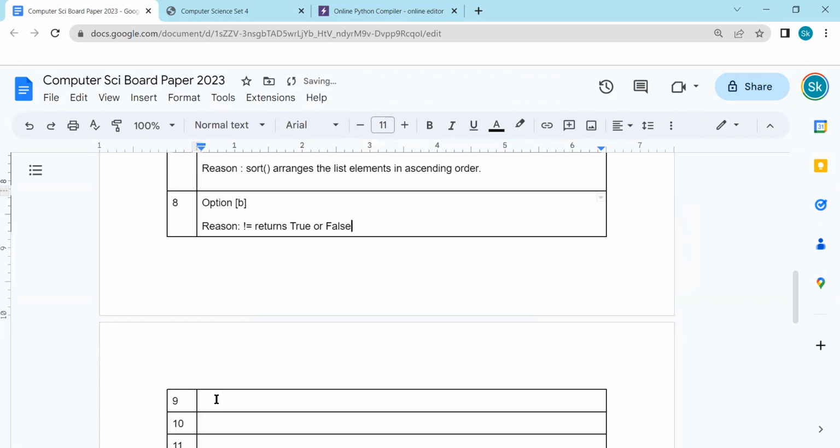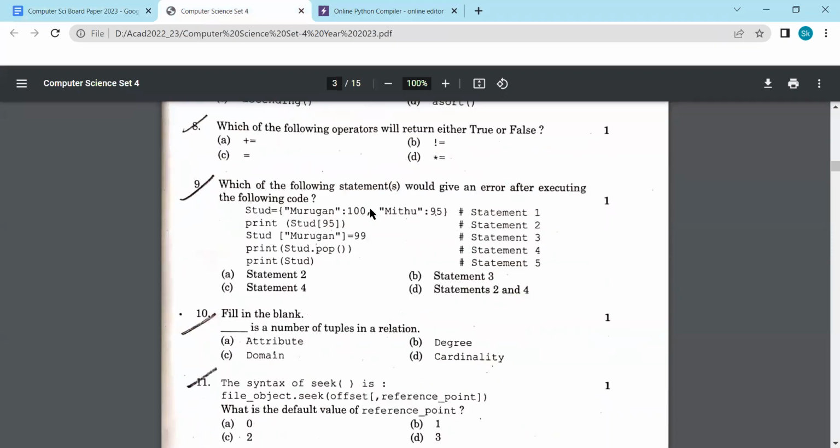Okay, so let me come to the next one, the ninth one. Which of the following statements would give an error after executing the following code? Okay, we have Murugan. So this is the list. Print student 95. This is statement 1. So obviously there is no student 95, so it is directly understood that statement 2 is an error one. Murugan equal to 99. Murugan is 99. This is possible. It will set. Now there is a student dot pop